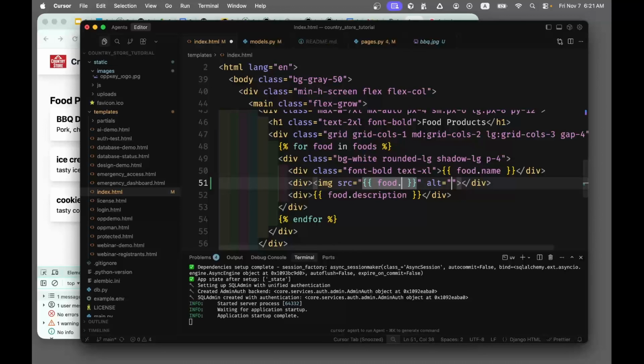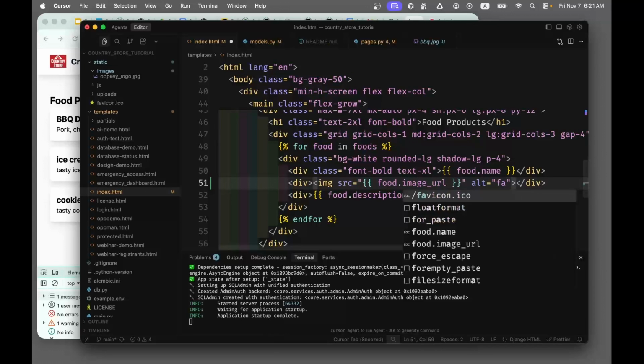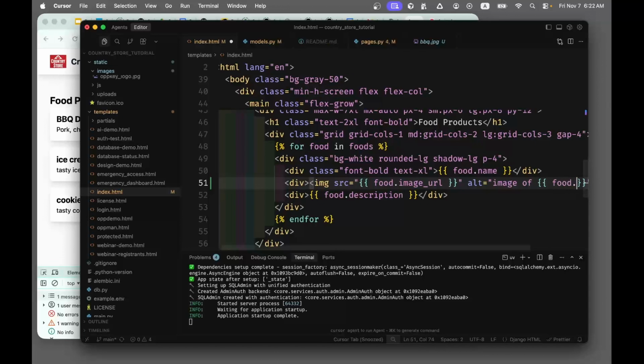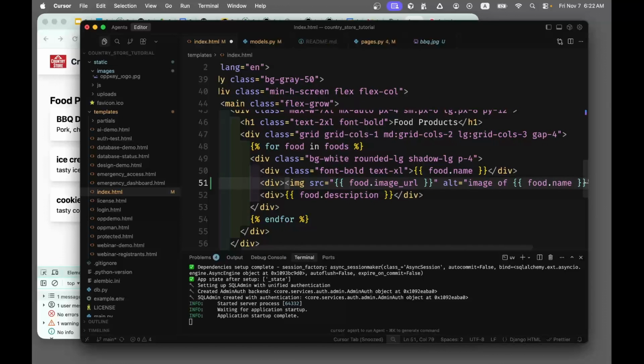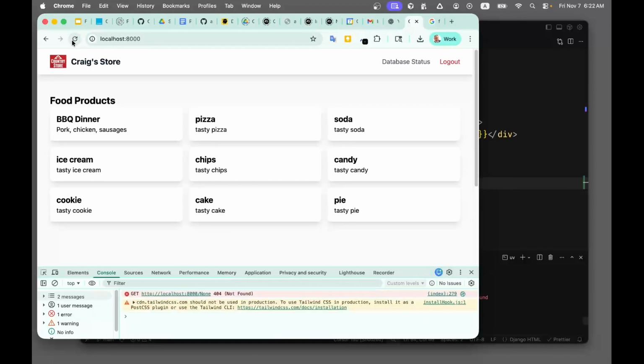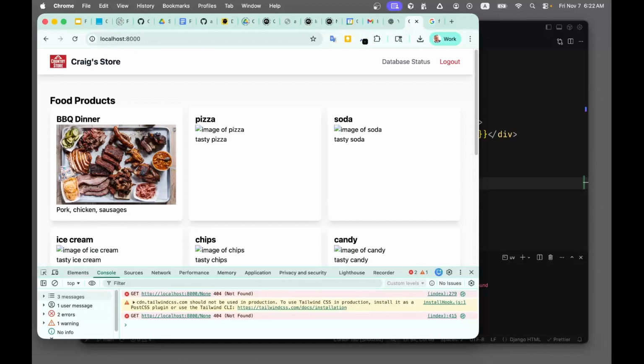We just have food.image_url, and the alt will be something like, let's just say food image for now. Oh, maybe image of food.name. You can see how it looks. Image comes up,